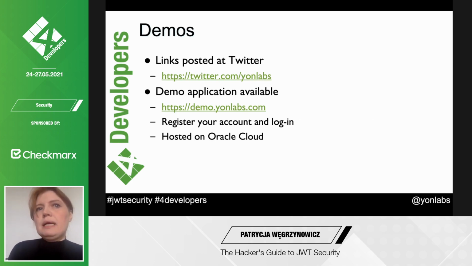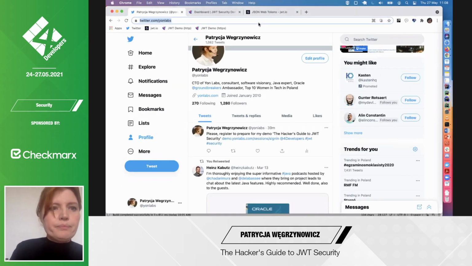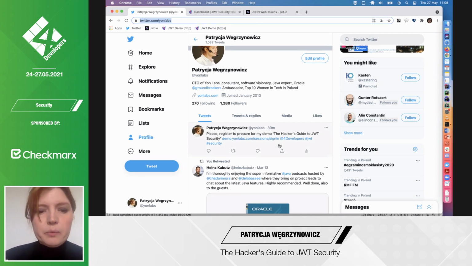Please register your account and log in. There is a tweet with a link included. Please go to the demo application, register first, log in. Obviously, do not use any real data, real passwords. Those accounts are supposed to be hacked.